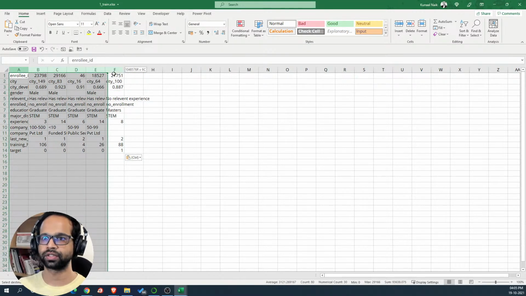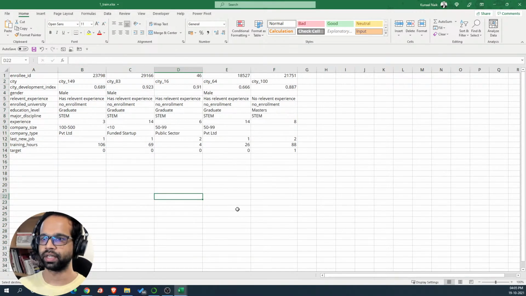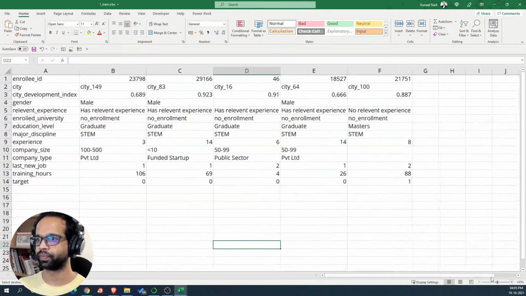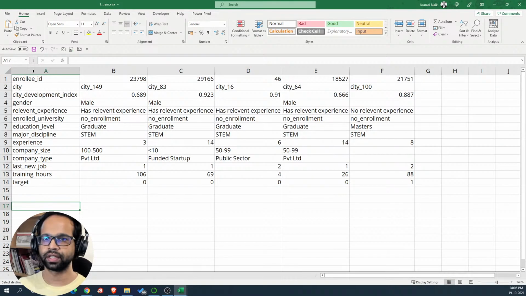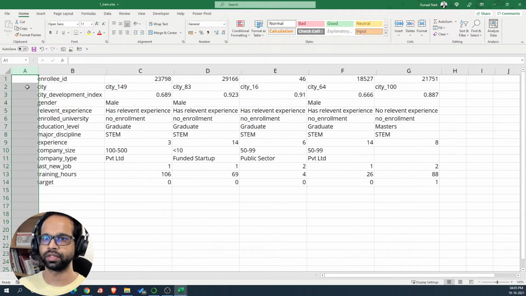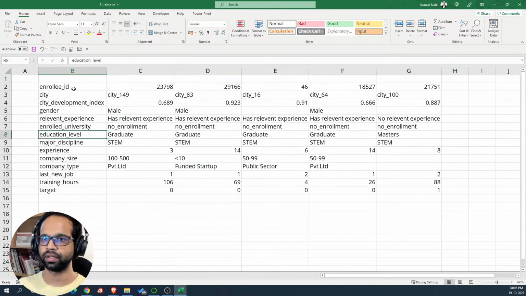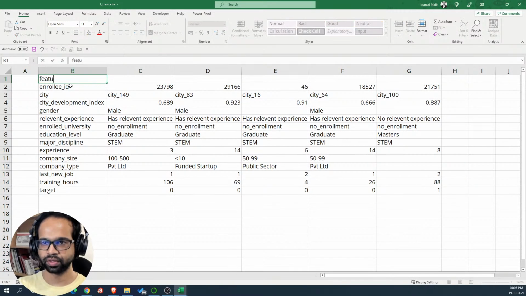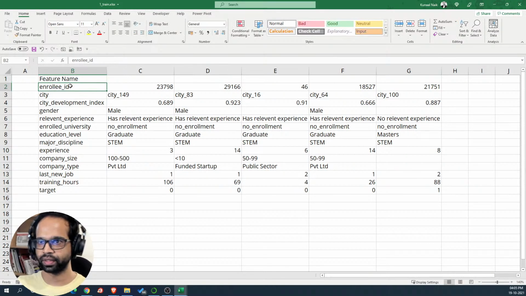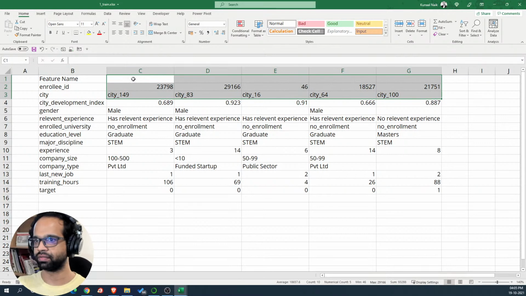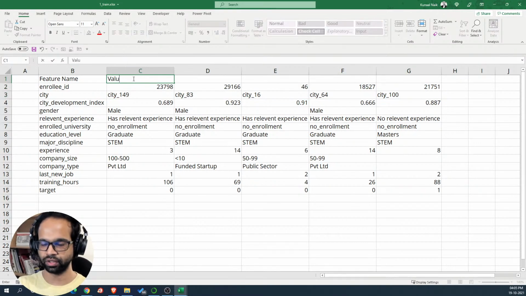Okay, there are shortcuts to do that, but yeah, let me just expand this also. So as you can see now, I have all the column names. So I'm going to insert a column here. This is a feature name, and these are like the first 5 values. So I'm going to say value 1